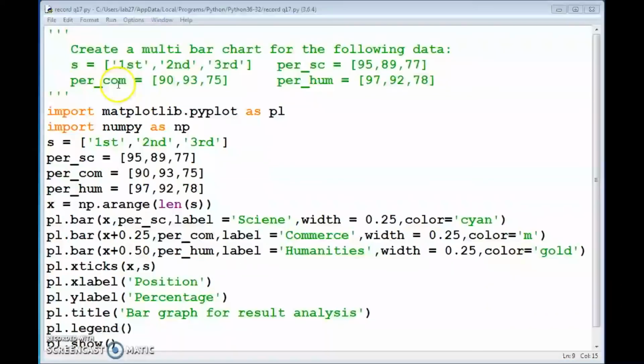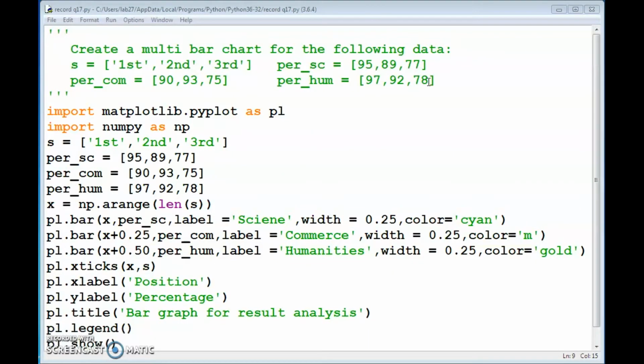Percentage commerce 90, 93, 75. Percentage humanities 97, 92, 78. From these data we have to create a multi-bar chart. That means multiple bar graphs we can see in a single bar graph.